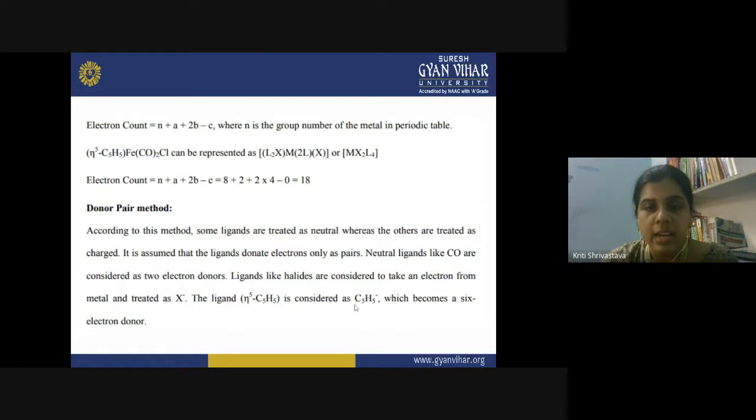So if you remember, when we name such compounds, we call it cyclopentadienyl anion. So it says that a contribution of 5 electrons is not possible. An odd number of electrons cannot be donated here. So the one electron that is shown here, what is it? It is the one electron that the ligand has taken from the metal itself and acquired the charge of -1. So you will take it into account when you count the 18 electrons, right? So it becomes a 6 electron donor. You write it like C5H5 minus.